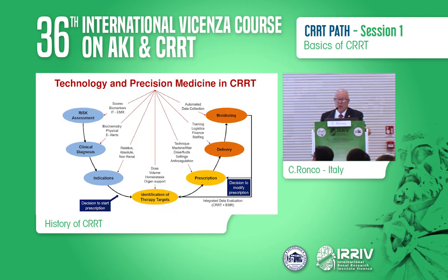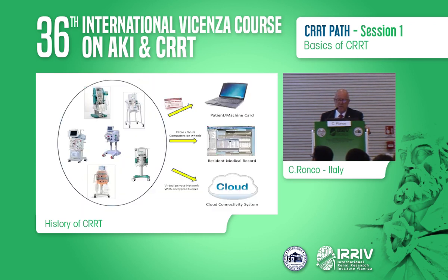and we have been discussing several issues, including the importance of technology and precision medicine, starting from assessment of risk down to clinical diagnosis, indication, identification of targets, and then finally prescription, delivery, and monitoring of the therapy. Today we can actually